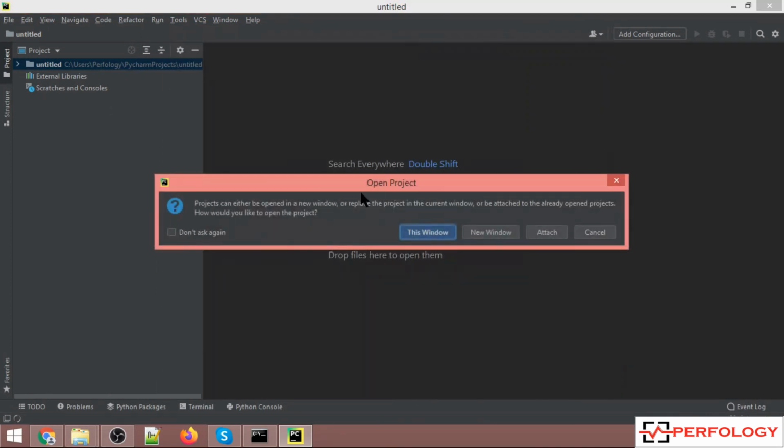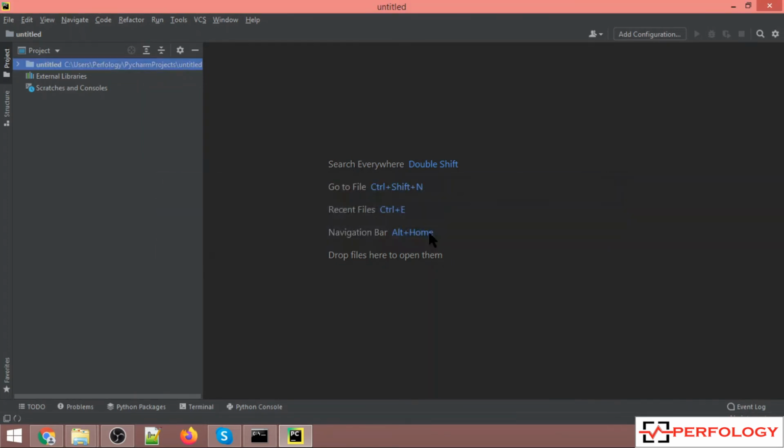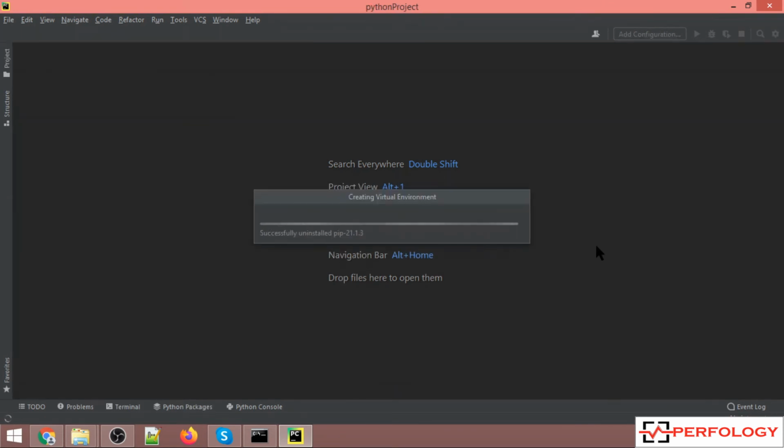Now the pop-up says the project can either be opened in a new window or replace the project, so we'll replace this. In this window itself we want to open this project. So as we are doing this for the first time, it is basically creating a virtual environment to run our code. So this will happen only once, the first time you launch PyCharm in your laptop.